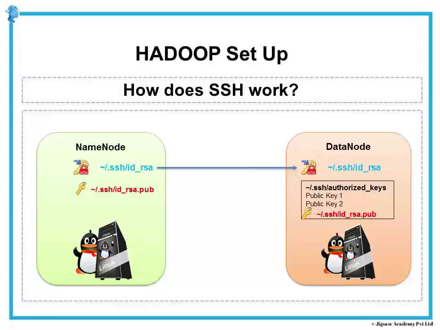For this reason, we would need to copy the contents of the id_rsa.pub, which is basically our public key, to the authorized keys file in the home/ssh directory of the user on the remote machine. However, we are setting up Hadoop on a single node, which is basically our virtual machine, right? So the host and the remote machine are the same. So what we'll do is we'll just copy the public key to the authorized keys file, and the command to do that is